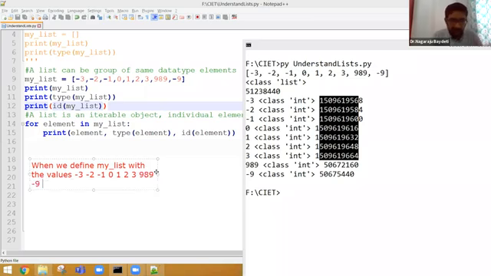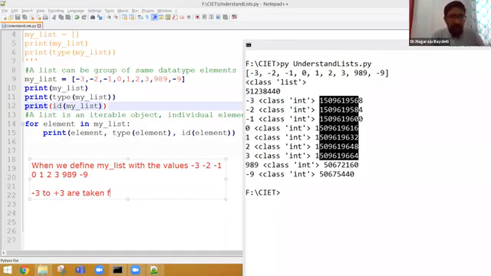That's correct, right? Every integer takes 16 bytes individually. Correct. So -3 to +3 are taken from the cached locations.